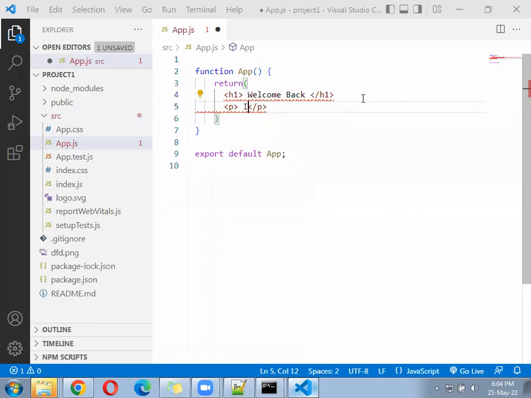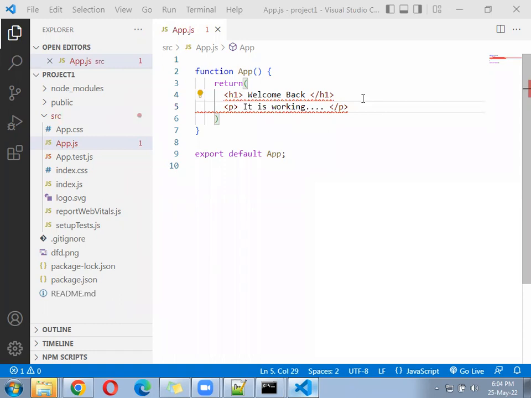It is working. You can see it immediately throws an error, saying the code you have written has an error. The reason is, when we wrote the H1, it was working well. As soon as we added the new paragraph, it became an error.